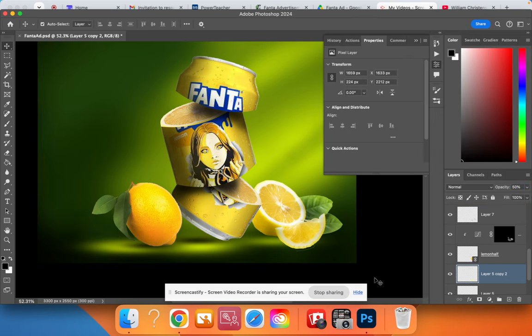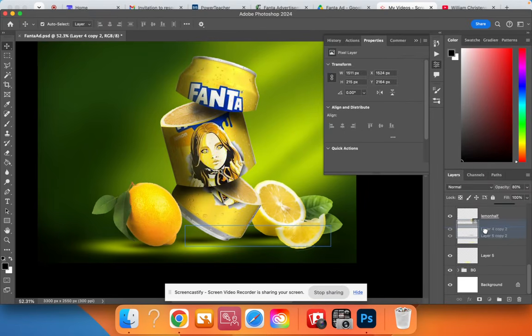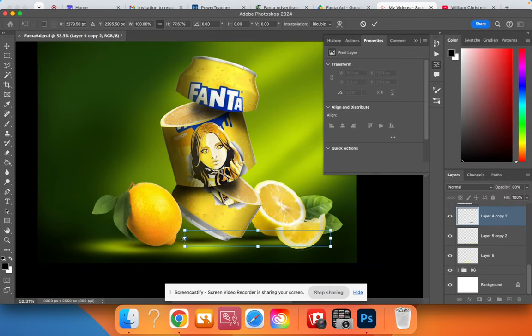And then we want to add some of these shadows right here, so we can highlight a shadow, hit Command J, then slide this over, put that underneath, so we'll have to move this underneath our lemon half also, but on top of this highlight area, hit Command T, and just add, we've got something like this for part of it, and then we can hit Command J again, and then Command T, and then move that to the other part for our